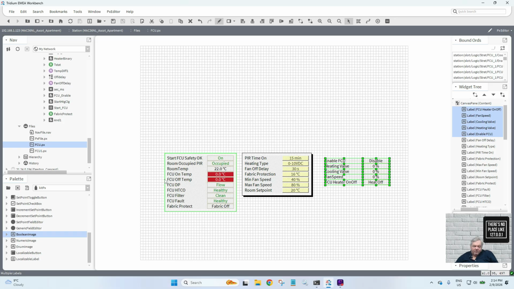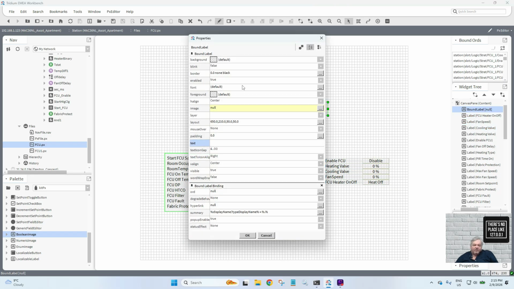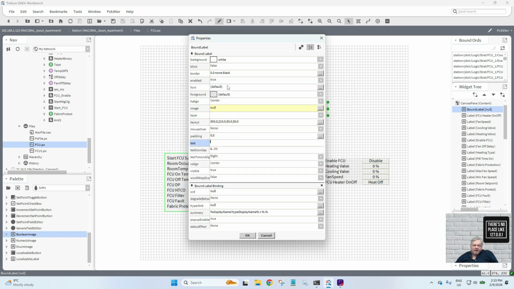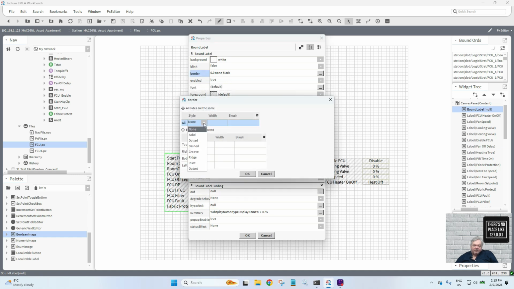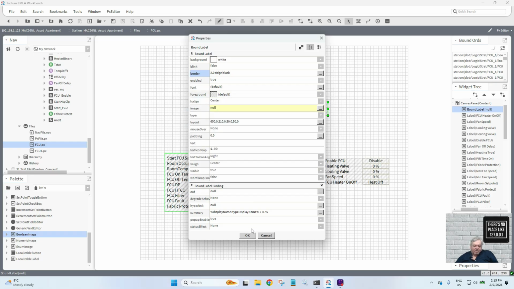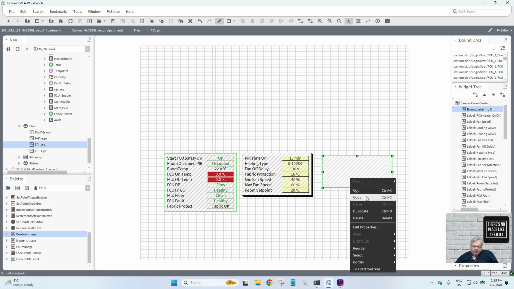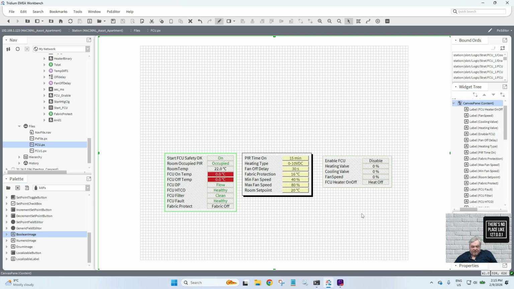You can mess around with this Boolean image. Let's just bring one in there. Let's put it as a background of there, and border, let's give it, instead of making one, let's give it a ridge. Okay, and then right click, reorder to bottom. So there's a ridge done for you. Anyway,